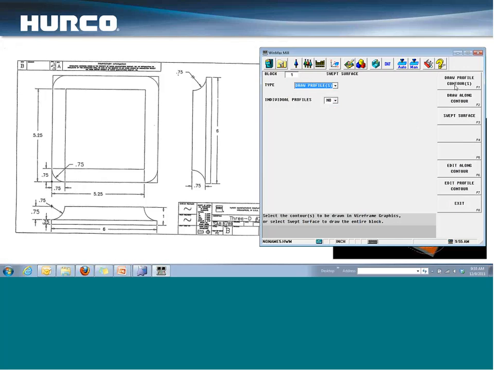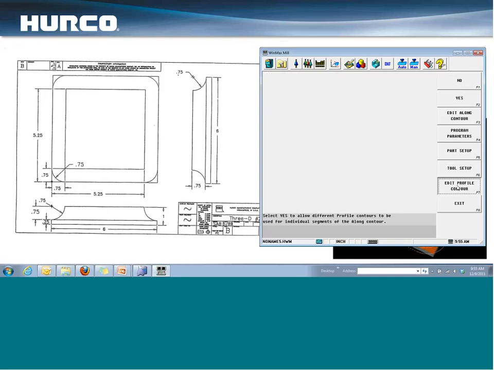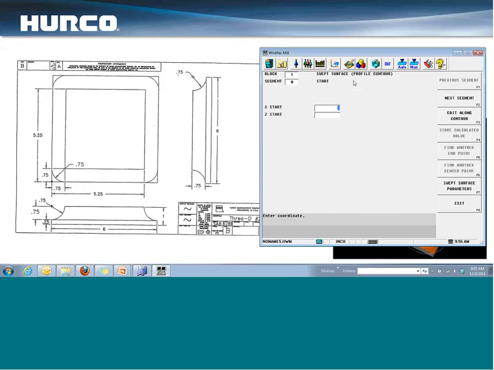We'll go ahead and start with our profile, which you remember was kind of like the router bit. We'll go ahead and tell it we want to draw the profile contour, and then we just simply tell it we want to edit. So right now it tells us we're in a swept surface block, and it is a profile contour. So again, I want to define this same arc here, but there's one thing that you kind of have to remember with swept surface, and that is when you're defining your profile contour, it does not want to see any